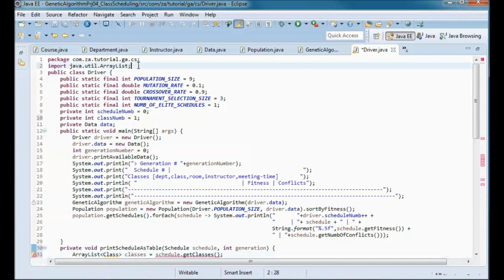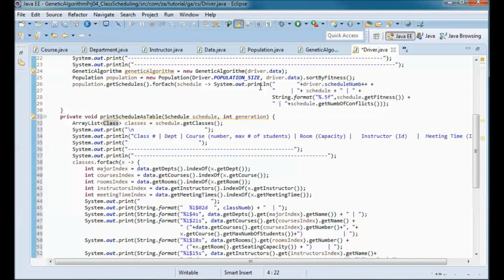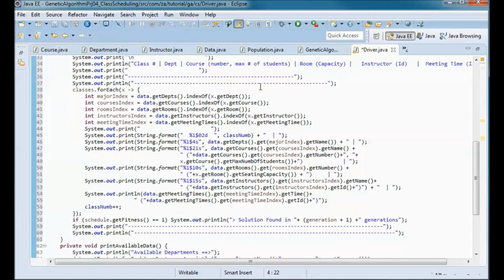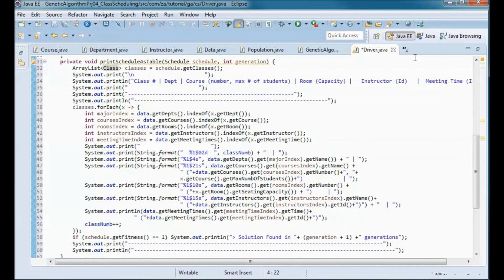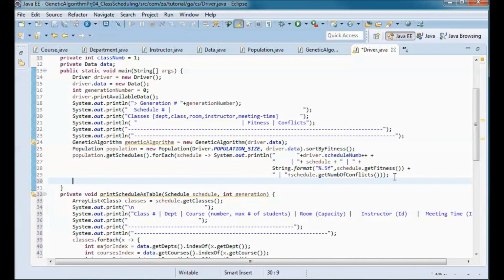And let's import this class, so domain.class. And I will be printing the fittest schedule here.